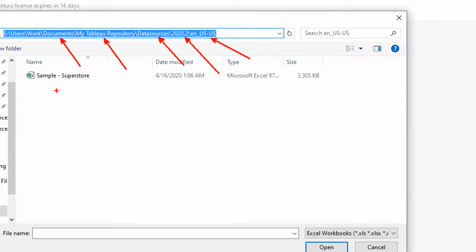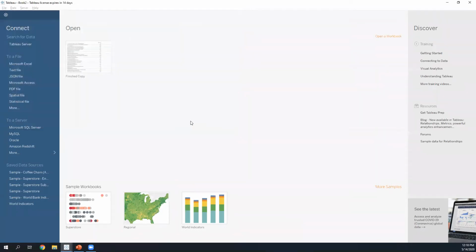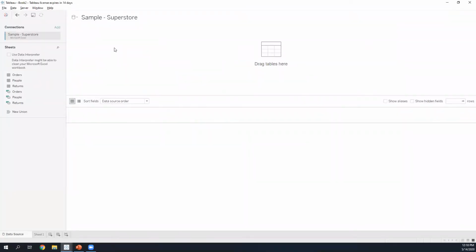Now, the specific data set we're going to be focusing on is that sample Superstore data set. You guys are working off of a different version than me. You might see different year values, different values, but at the end of the day, it's the same data set here. So I'm going to go ahead and, either by double clicking or by manually left clicking the Open option in the bottom right hand corner of that resulting window, open us up to the data source connection